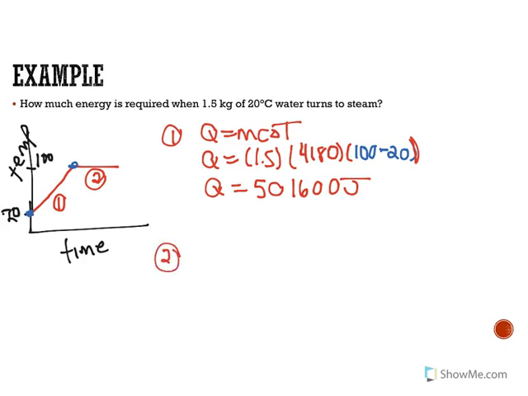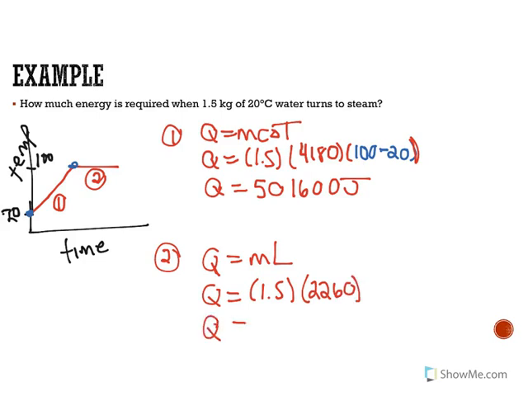And then we need to do a second formula for our phase change, which is Q is equal to mL. Water turning into steam is our heat of vaporization. We go 1.5 times the heat of vaporization of water, which is 2260. So Q is equal to 1.5 times 2260, which is